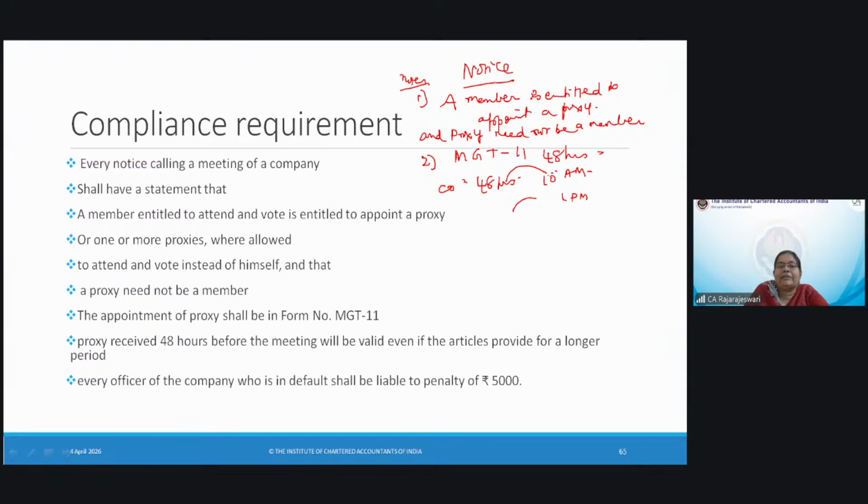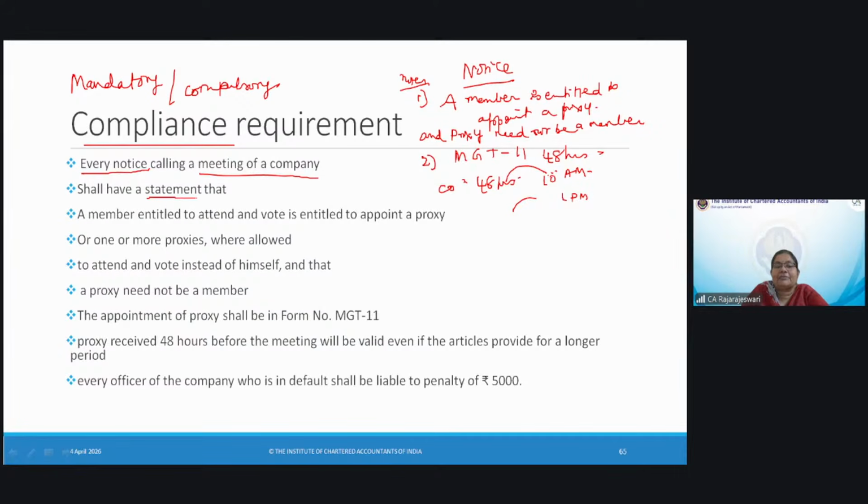So what is the compliance requirement? Compliance means it is mandatory. Only then you use the words compliance requirement. If it is not mandatory, then you're not bothered about it. Compliance means it is a mandatory requirement. Mandatory means compulsory by the Act. So every notice calling a meeting of a company